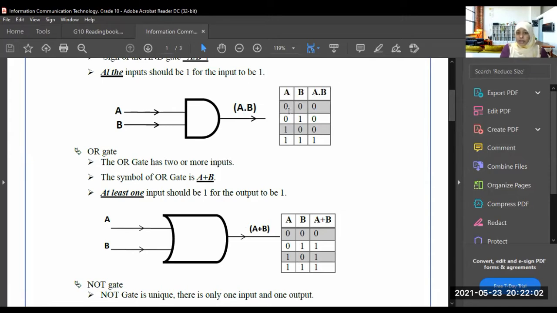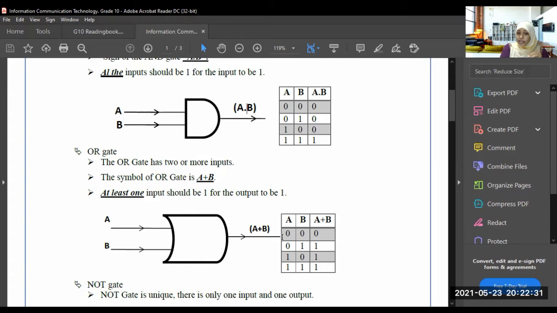Now for an example, the AND gate is like multiplication. Understood? Multiply 0 into 0 is 0. 0 into 1, 0. 1 into 0 also 0. But 1 into 1 is 1. Now understood the output. So here, if you have 10 ones and 1 zero, when you multiply, what happens here? The output will be 0 in the AND gate.